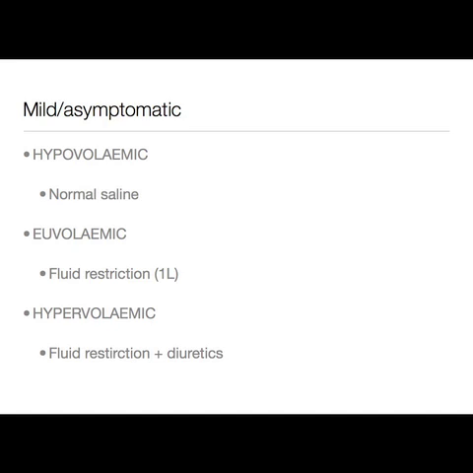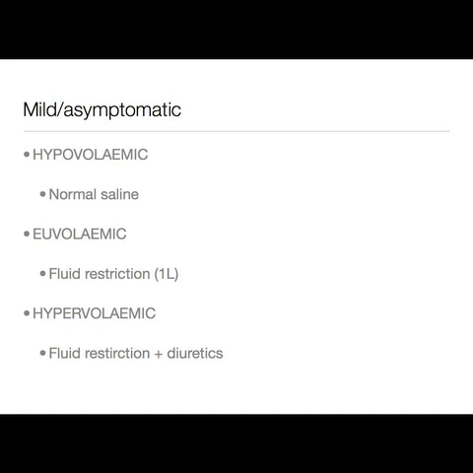So, in mild or asymptomatic hyponatremia, the way you treat depends upon the volume status of the patient. If your patient is hypovolemic, say because they've been vomiting or have had excess diarrhea or have had a diuresis, you'll want to resuscitate the patient with fluids, and the most appropriate fluid to use would be normal saline. You'd of course want to monitor the urine output and look for any signs of fluid overload